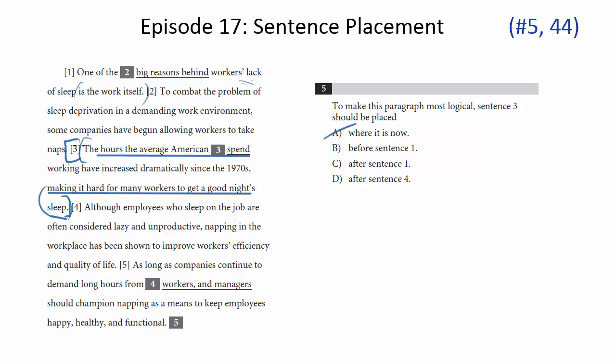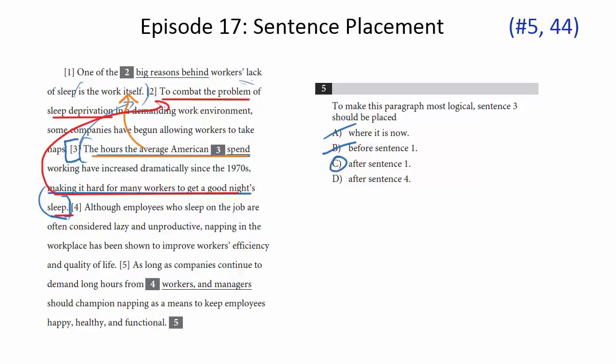So in fact, it might seem to make more sense that this sentence would go after 1, not before. You introduce the paragraph with the reasons why people aren't sleeping is the work. And then you tell them, well, it's because they're working so much, that's why it's hard for them to get sleep. And then you go into a discussion of how to fix it. So I don't think it's supposed to go before 1, but after 1 looks pretty good because this orange bit connects with the end here, and then this red bit leads into to combat the problem of sleep deprivation. So notice it connects the previous sentence and the sentence after it in a smooth way.